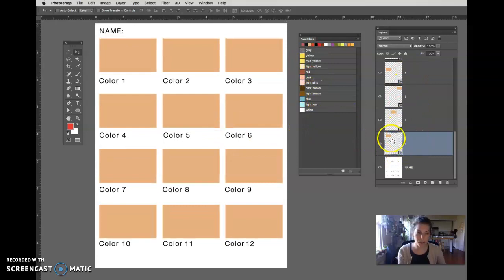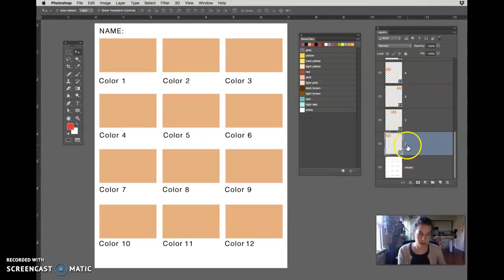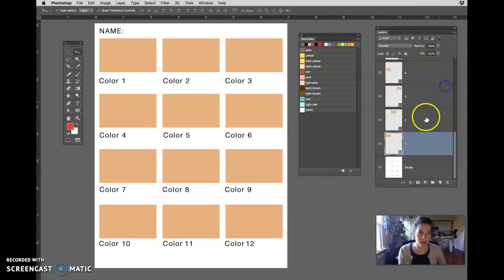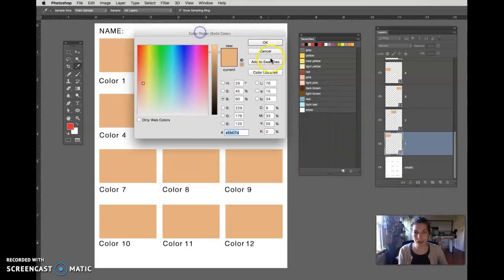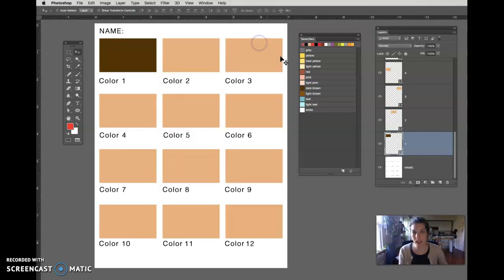It's pretty simple. I'm just going to double click on, notice that I'm not double clicking here because that brings up the layer style, and I don't want that right now. So you need to click on the thumbnail part, not on this area. So click on the preview part. And now it gives me a color picker, so I'm just going to start with the darker color and say OK. And then you're just going to do that,